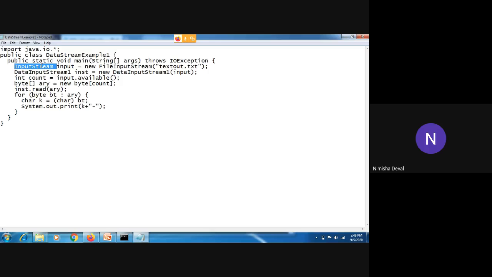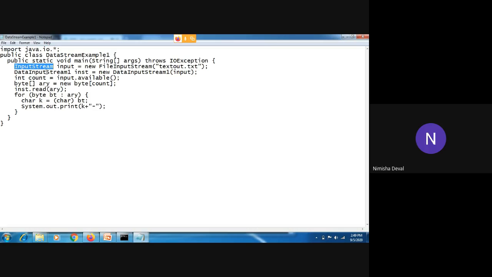First, I have created an input stream object, right? We have not covered this part, that is the output stream and input stream. We will cover it in the next lecture, because we have covered data input stream, data output stream, file input stream, and file output stream. But file reading and writing properties still remain, because these streams are totally dependent on each other. That's why we can't cover them simultaneously. We have to move one by one.